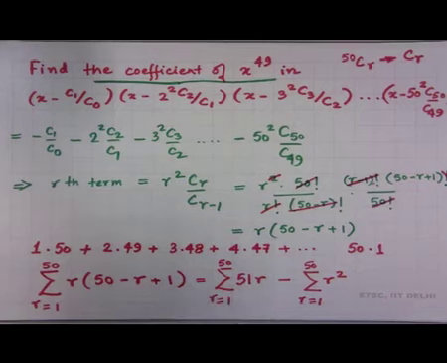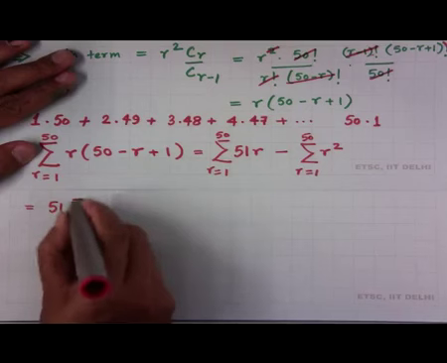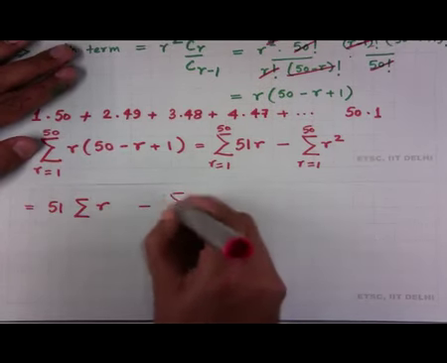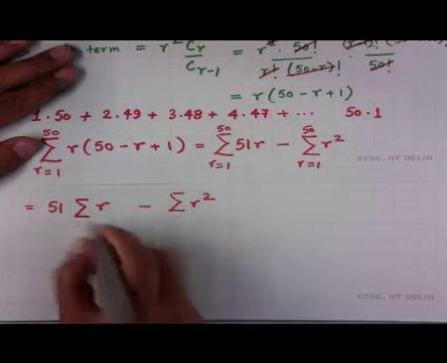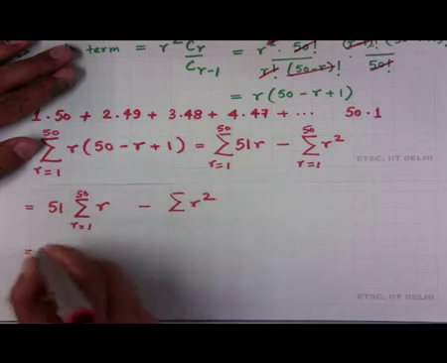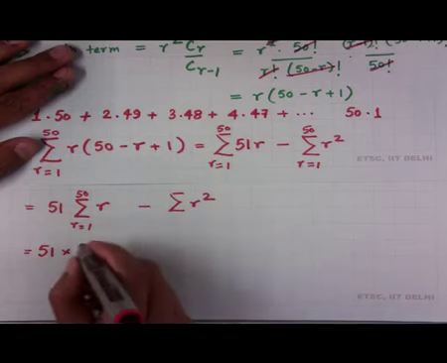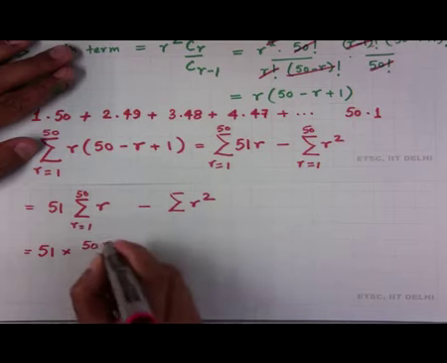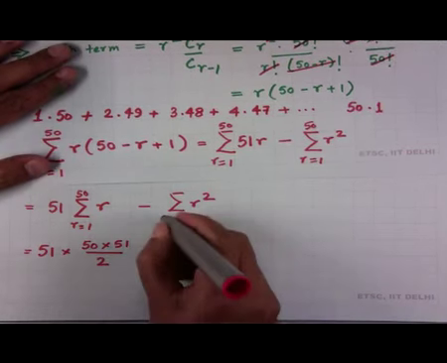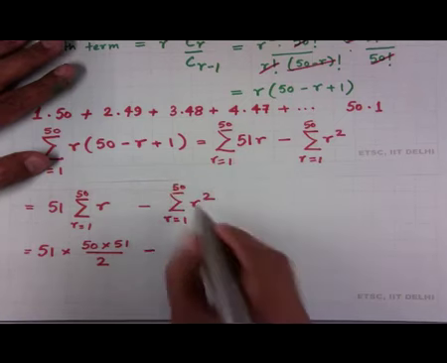And you can take the 51 outside, and sigma of r equal to 1 to 50 is nothing but n into n plus 1 by 2. So, 50 into 51 by 2, and sigma of r squared, r equal to 1 to 50, is nothing but